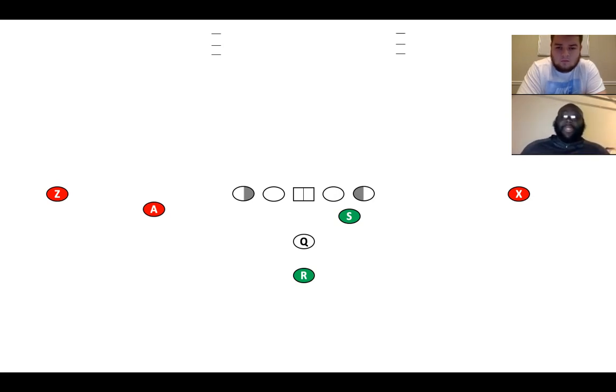He's easy to motion. Now, we can motion anybody we want to, but in our pre-snap alignment, he's off. We're going no huddle. He knows he's off the ball at all times. Our Z guy, talk about him real quick. He's always